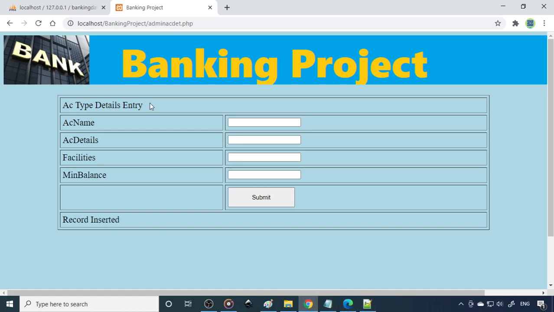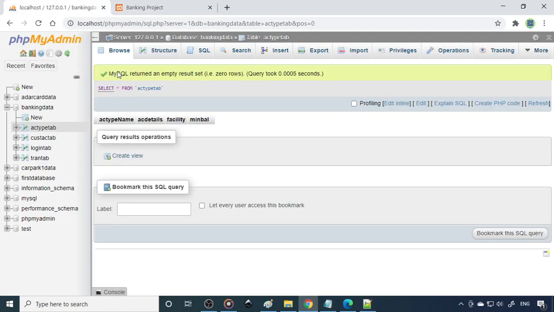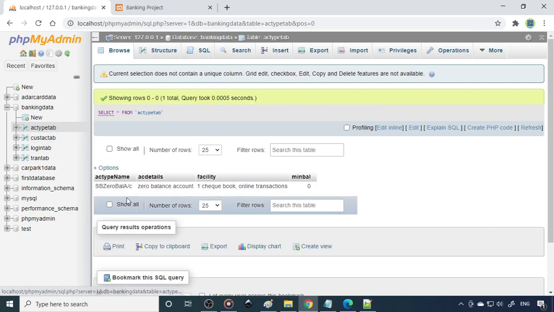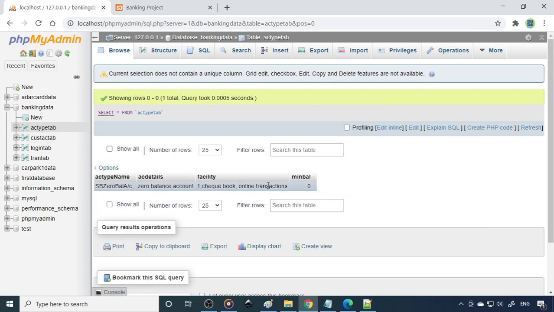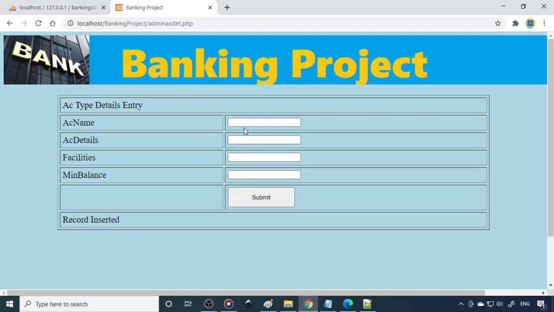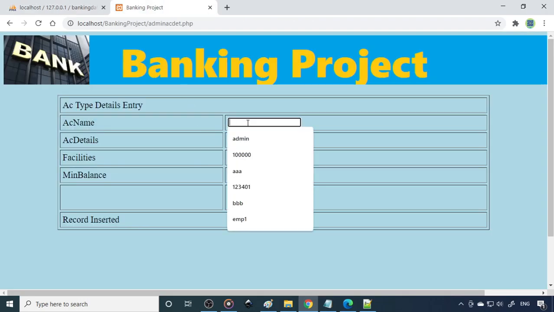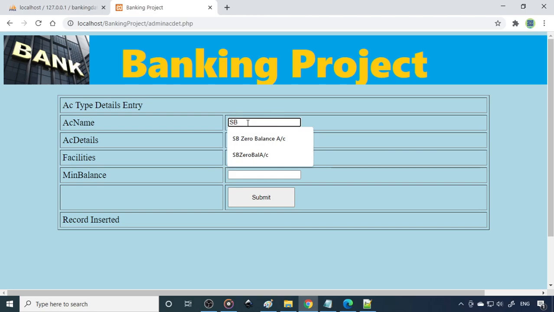Now we need to cross verify whether inserted or not. So now we can go to this account type. So you can see the zero balance account, the record inserted. Now it's successful. So now try again one more. This is SB silver account. 2 checkbooks.